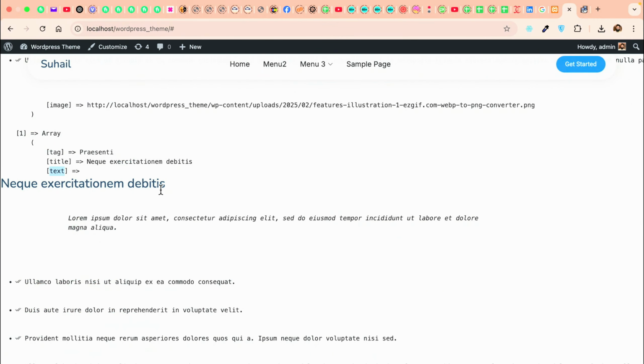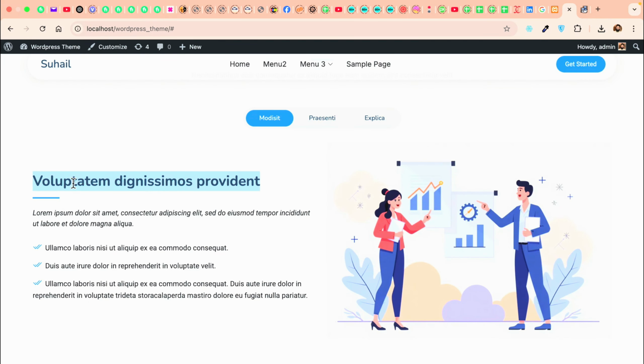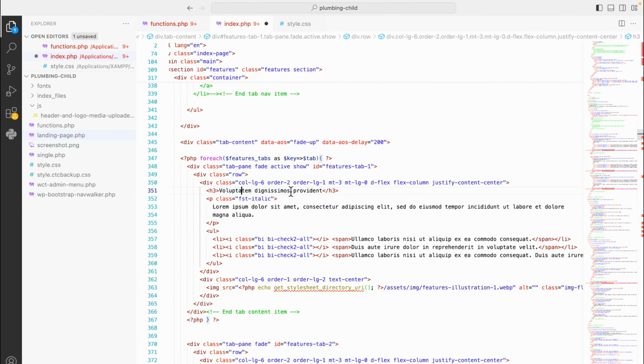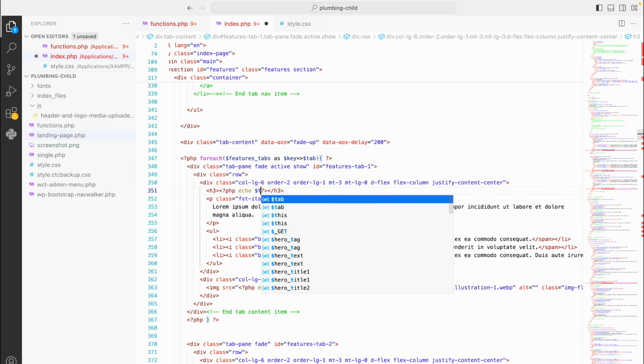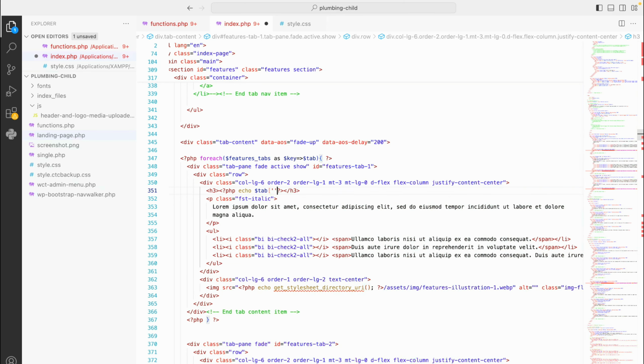Let's see, this is title, this is P, and these are UL. Okay, so this is actually the title, this one. So copy this, remove it, and use echo $tab, and the index is title. Similarly, in place of these two,